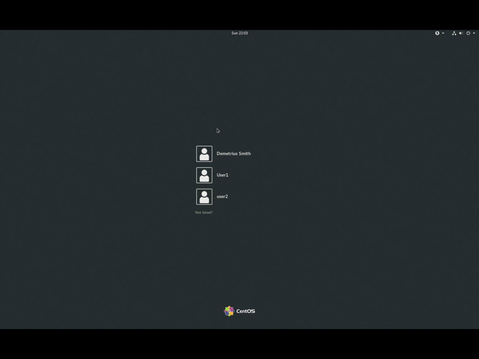Okay, so I'm at the login screen, so I'll go to user 2. Now it's asking for a password, so I'll go